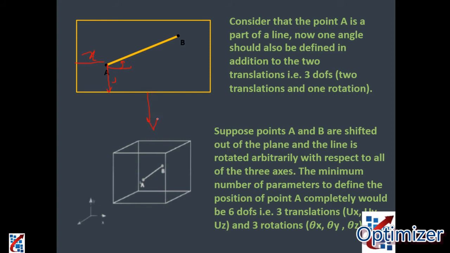If you now consider this line in a 3D structure, how do you describe it? For that you require X, Y, Z translation and X, Y, Z rotation. So a total of 6 degrees of freedom are required to define a line in 3D space, that is translation in X, Y, Z and rotation in X, Y, Z. In other words, degree of freedom is also defined as follows: for any point when you apply forces, in how many directions it is going to translate or rotate. Based upon that you decide the degree of freedom. I hope you understood the degree of freedom.